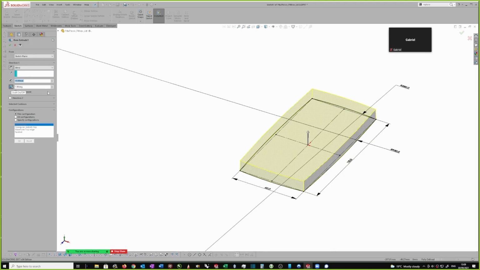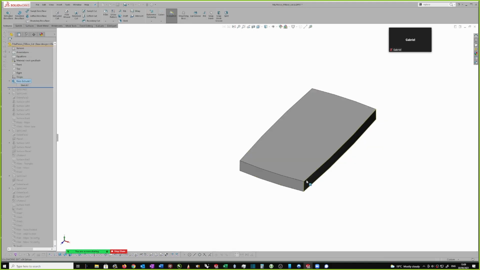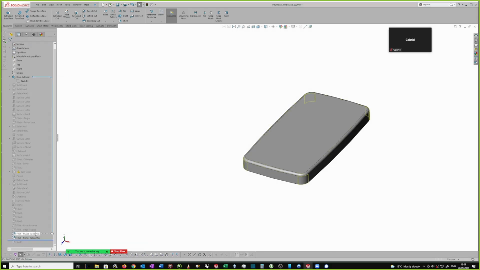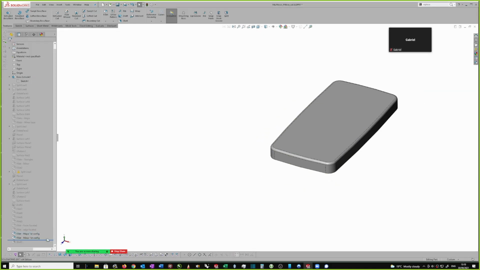So you can either put the taper in the modeling. So I've got it in here. Let's take that out. And if you take it out, you can actually specify that the taper is in or out in the configurations. But we'll get to that. I'll explain how these configurations work in a moment. So I'm going to take it out. You'll see if I now drag this line to the bottom, it might not. Oh no, it will. It will actually allow me to put the two fillets in. But I'm going to roll it back again